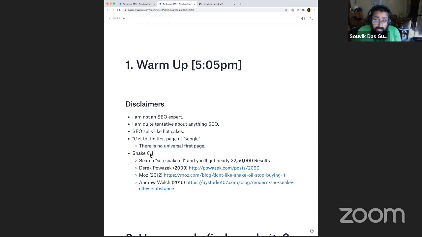Another interesting thing is that because of this reason, very inexplicable services have been sold as SEO for years. And if you search for SEO and snake oil, you'll get nearly 22 lakh results on Google.